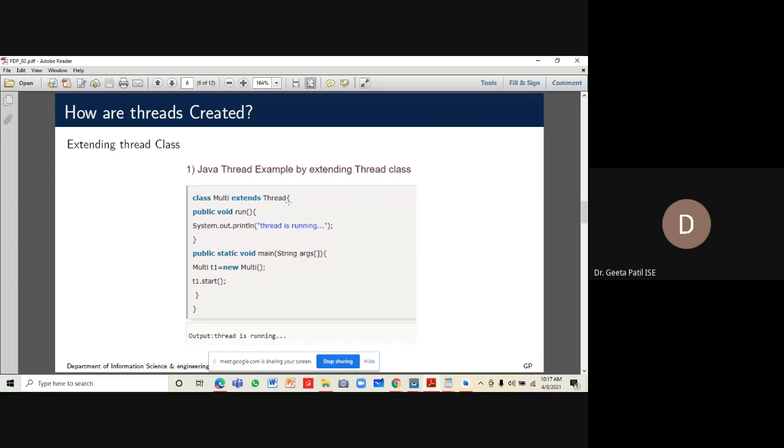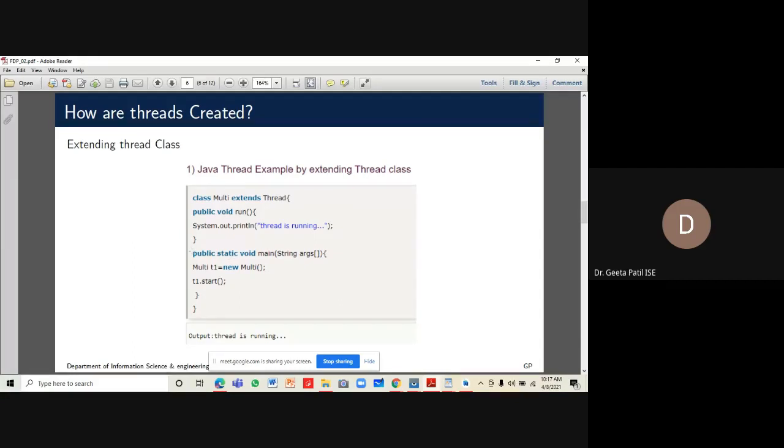It is derived from class Thread, and in this class we have the run method. In this run method, it is system.out.println, which is just printing the message "thread is running". Here we are talking about the Java thread.